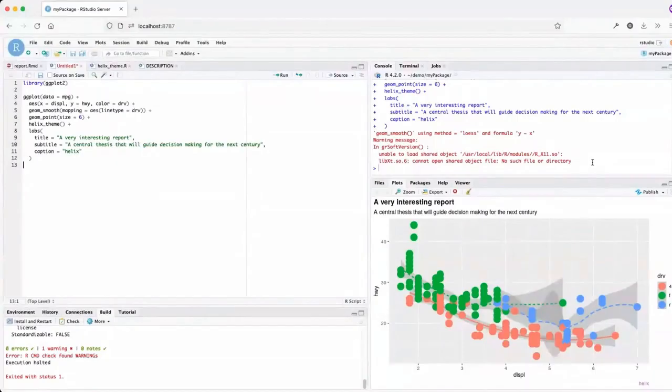Once you get much deeper into writing packages, you can use testing to ensure that your functions do what they need to do. But initially, this is a great place to start: just trying it on your own, and then sharing it with your colleague, and then saying, "Does that work for you?" And you can just grow from there.